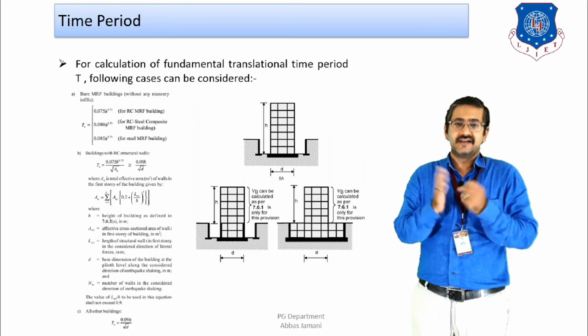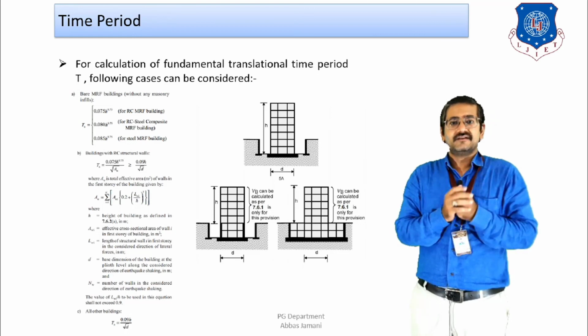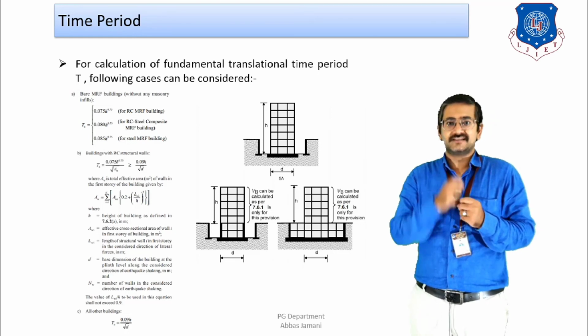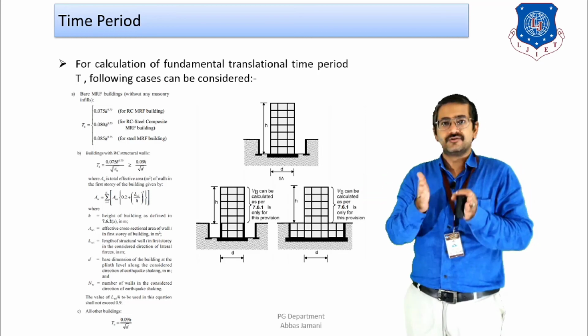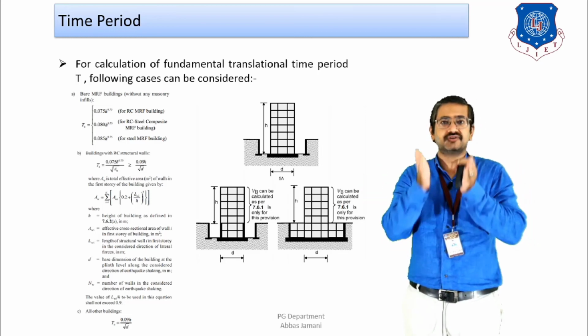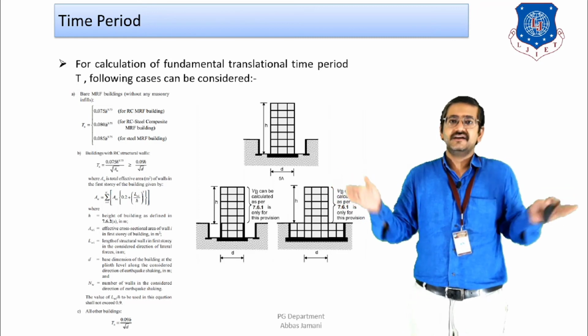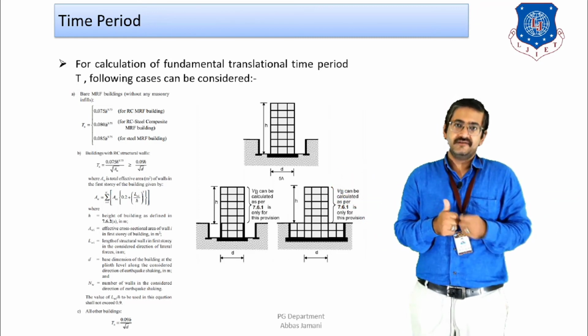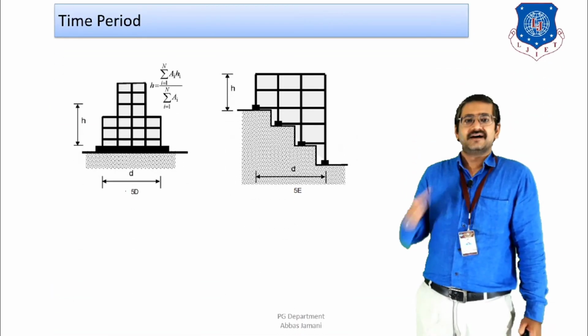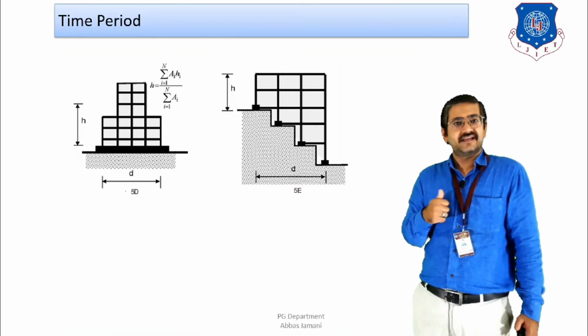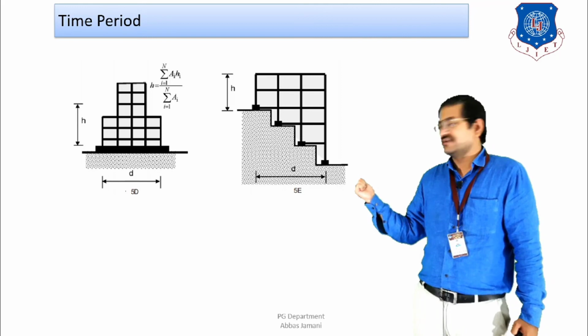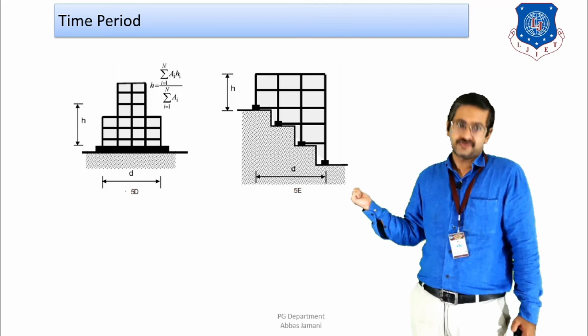Sometimes the other case is where the dimension of the basement is larger as compared to the actual dimension of the building. So in that case again the problem is how to select this value. Again the code says that you have to consider the base dimension which is above the ground only, and you have to neglect the larger dimension of the basement which is below the ground. Similarly, there is another case where a vertical offset is there in the building. There also how to calculate h and d is shown over the figure.